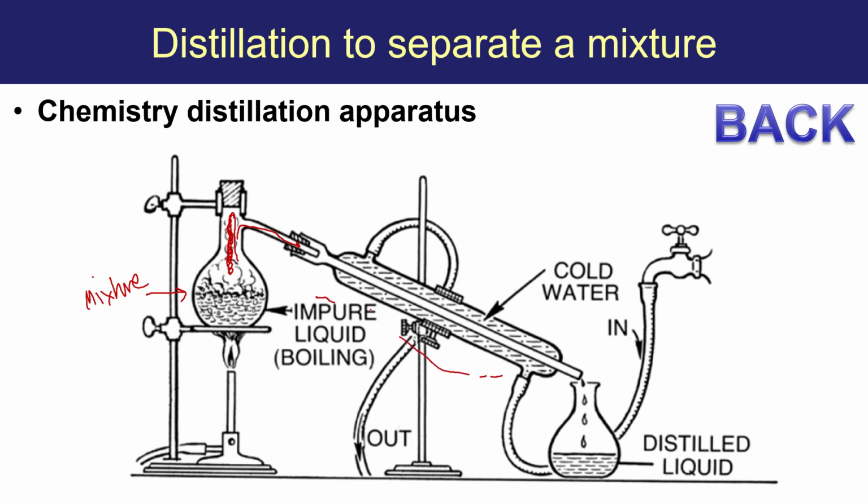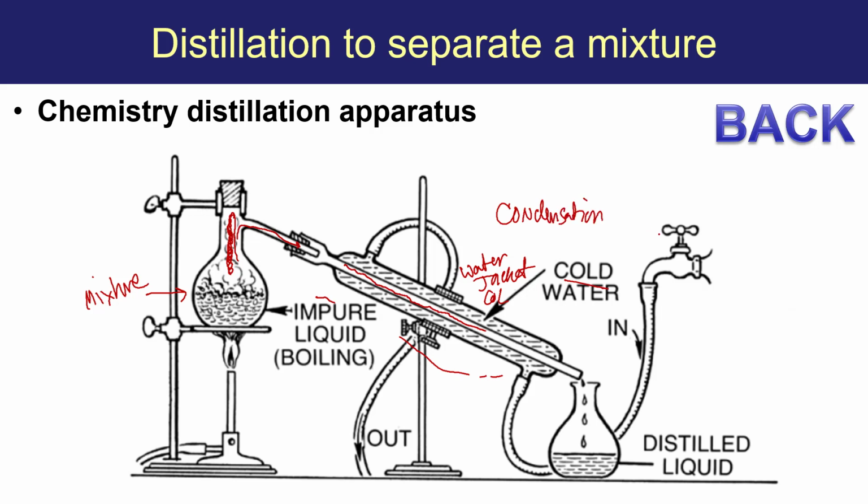Now, what's going on here is kind of neat. This is a tube within a tube. On the outside here, there is cold water. This is what's called a water jacket, and this is cold. On the inside here is the hot vaporized alcohol mixture, so it's alcohol in the gaseous state. When that tube within a tube comes in contact with the water jacket, which is cold, what we wind up having is